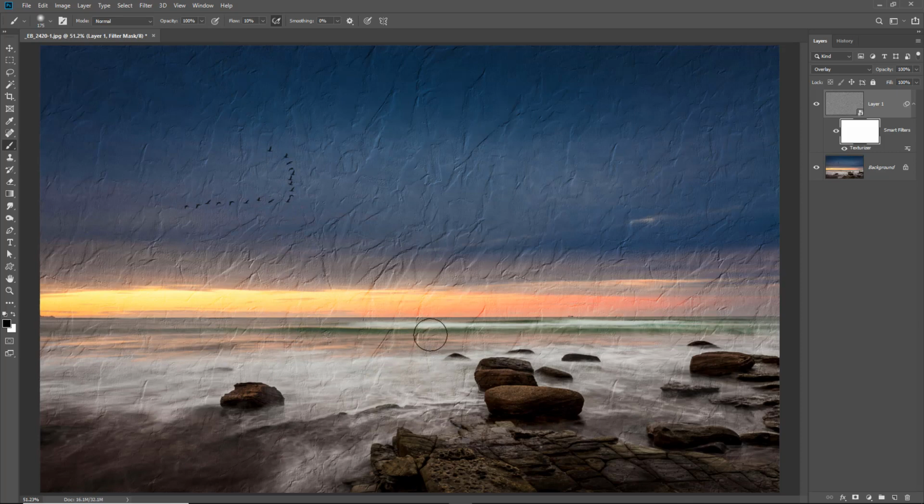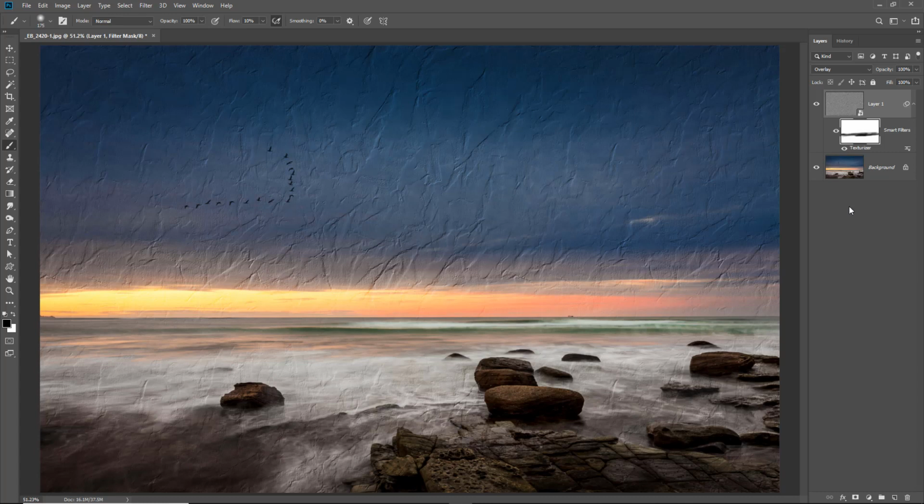So if I wanted to reduce the impact of my texture, maybe along the horizon there, you can see that's pretty easy to do. And as you know, with a layer mask, if we change our mind after a while, we can always repair the mask. So we've got infinite control here on how we apply our textures, and once again, if we save all of these as a Photoshop file, we can look at the image tomorrow and decide if we still think we've got